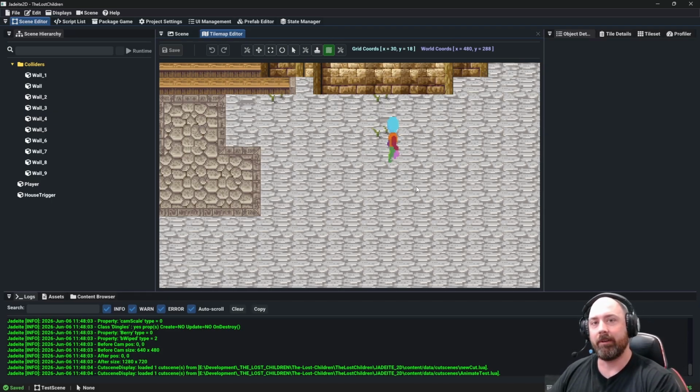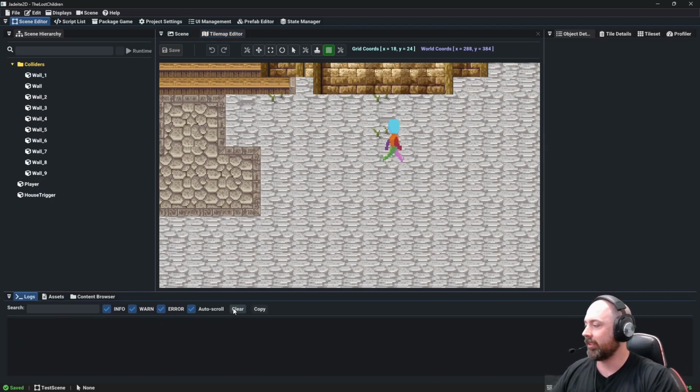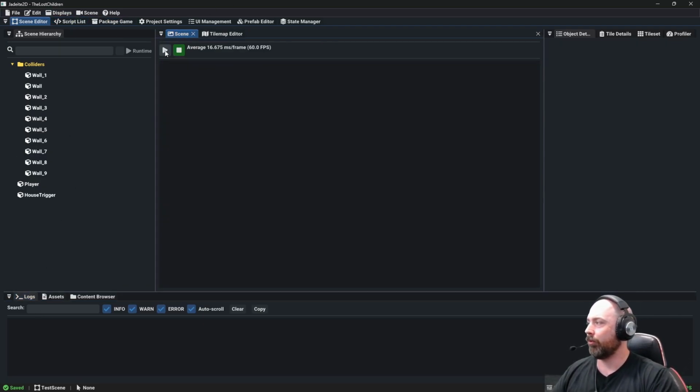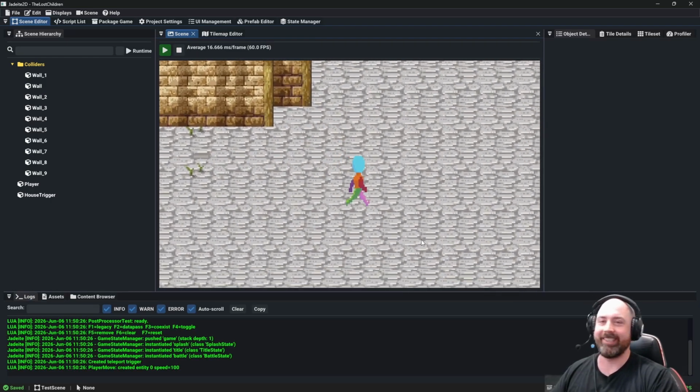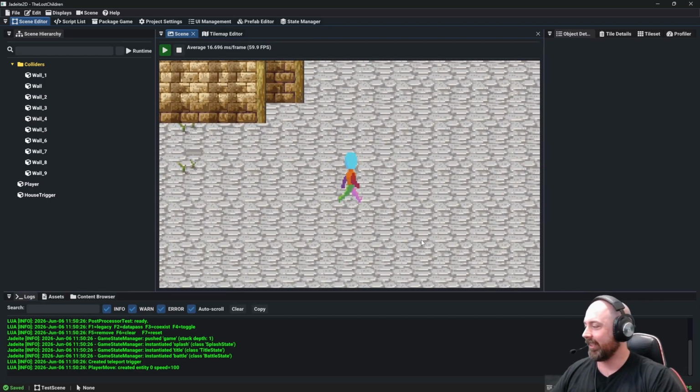The easiest way to see that is to show you the battle. If I go to my scene and run a battle, I still have to work on the camera work and get that all going. But if I run this,